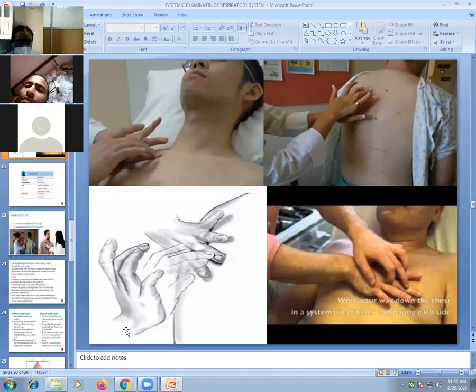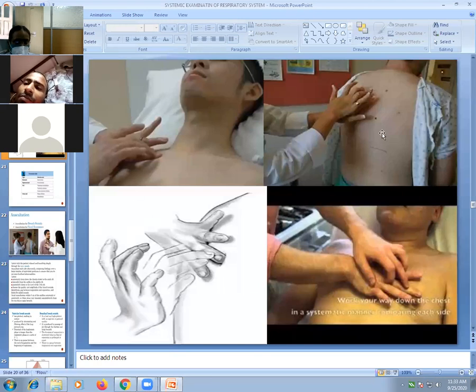The movement should occur at the wrist joint. See, this should be the way of percussing. So this is the fleximeter, the middle finger of the left hand tightly opposed to the chest wall in the intercostal space, other fingers off the chest wall. Then this is the middle finger of the right hand which is used for tapping over the middle phalanx. The movement should occur suddenly at the wrist joint, and after striking you should remove your finger immediately to avoid damping, like this. So this is the method of percussion.